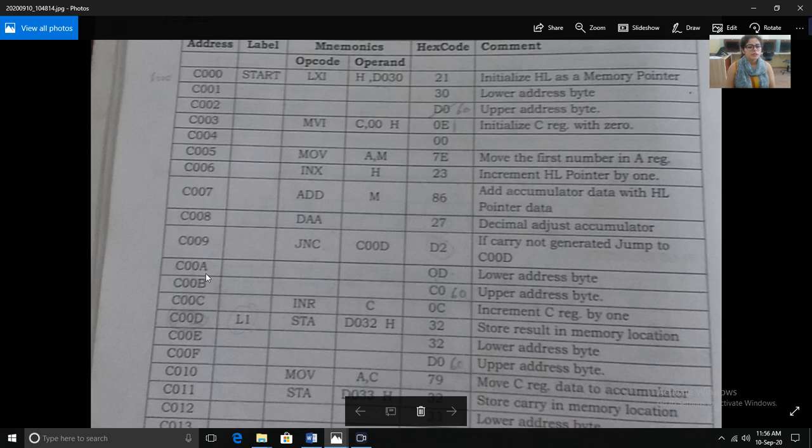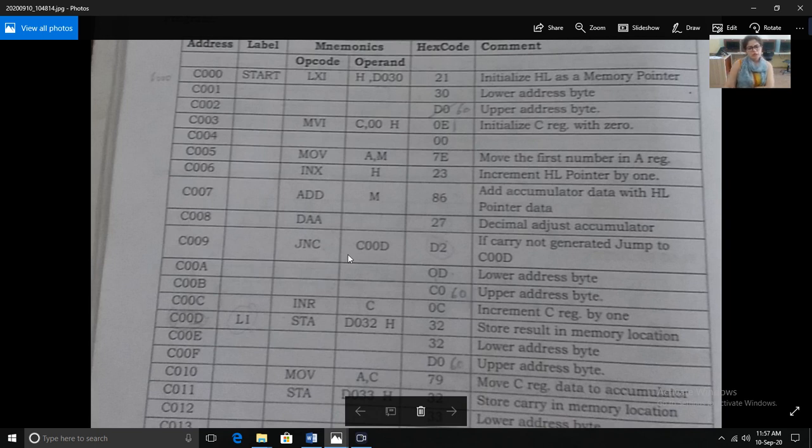Here D means 10, because after 9 the values are 10, 11, 12, 13, 14, 15. After 9 again it is 10. So you cannot change these, because these are just hexadecimal numbers A, B, C. But the starting variable is a different thing. You can change that. Okay, so the lower address byte of this is 0D, so you have to write 0D. The upper address byte is C0, so as we have used 60, you can write 60 here.